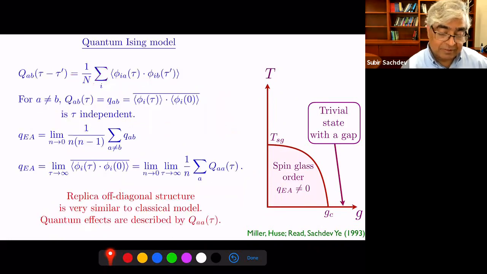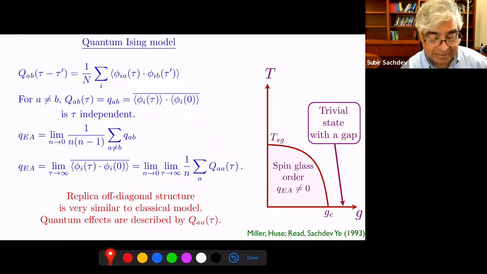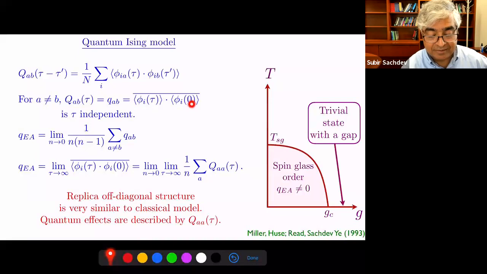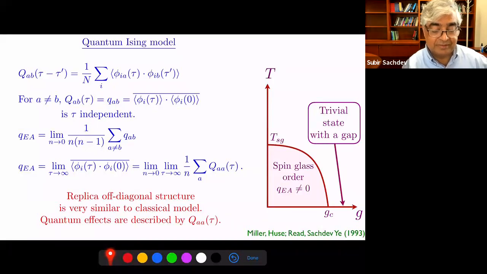But let me also show you, now that you have this whole function to deal with, we have two different characterizations of the spin glass order parameter. There's the a not equal to b case, in which case this object has to be time independent. Now, you may have seen replicas in wormholes these days where this off-diagonal term is also time dependent. I think that has to do with the fact that you're not taking the n goes to 0 limit in those cases. Here in the n goes to 0 limit, this thing just factorizes, and these quantum averages are obviously time independent. And therefore the off-diagonal components are just the Parisi function.